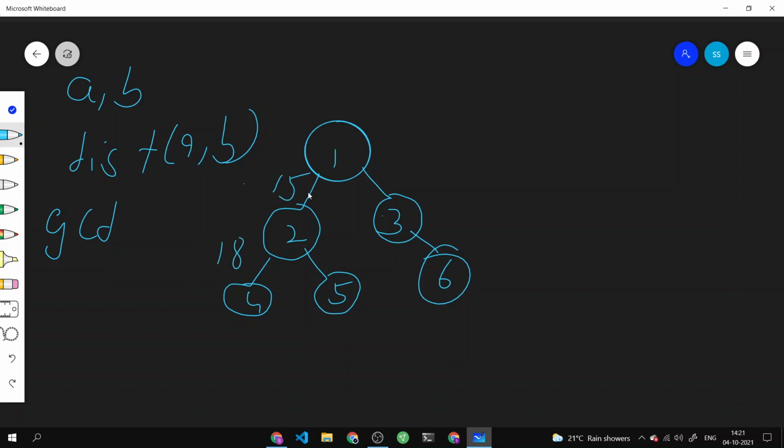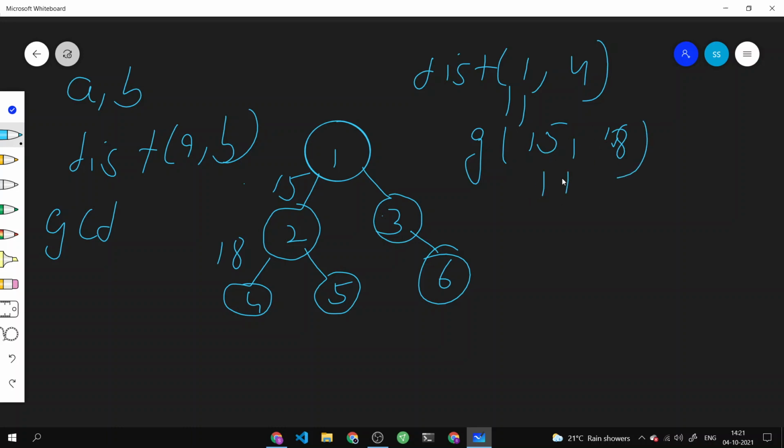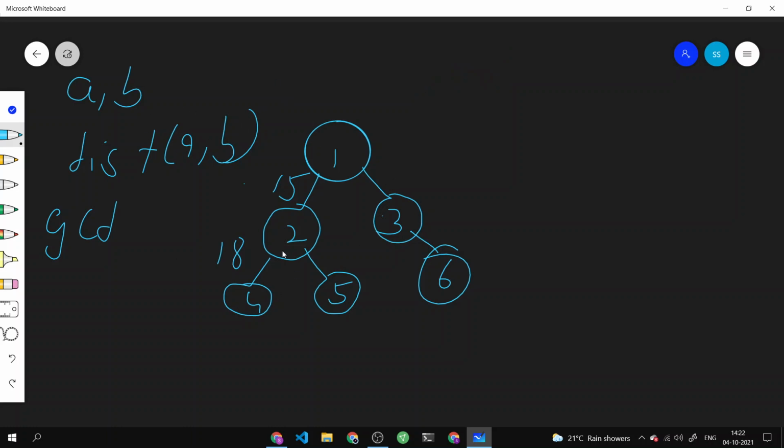So if you are going from 1 to 4, you are traversing two edges, right? 15 and 18. So the distance of 1, 4 will be equal to GCD of 15, 18, which is equal to 3. So the distance of 1, 4 is 3. And you have to determine two nodes whose distance is maximum for the given tree.